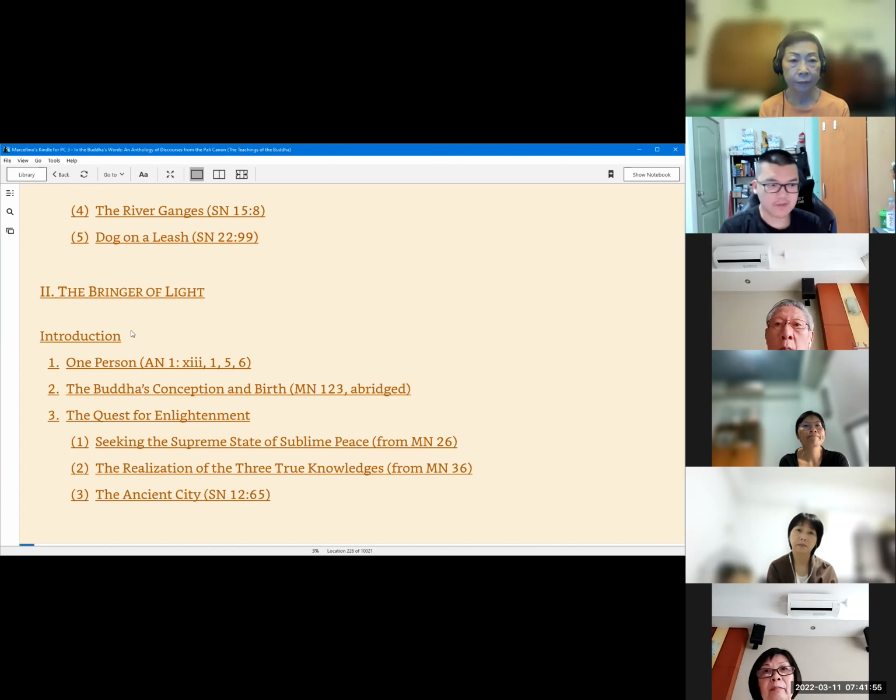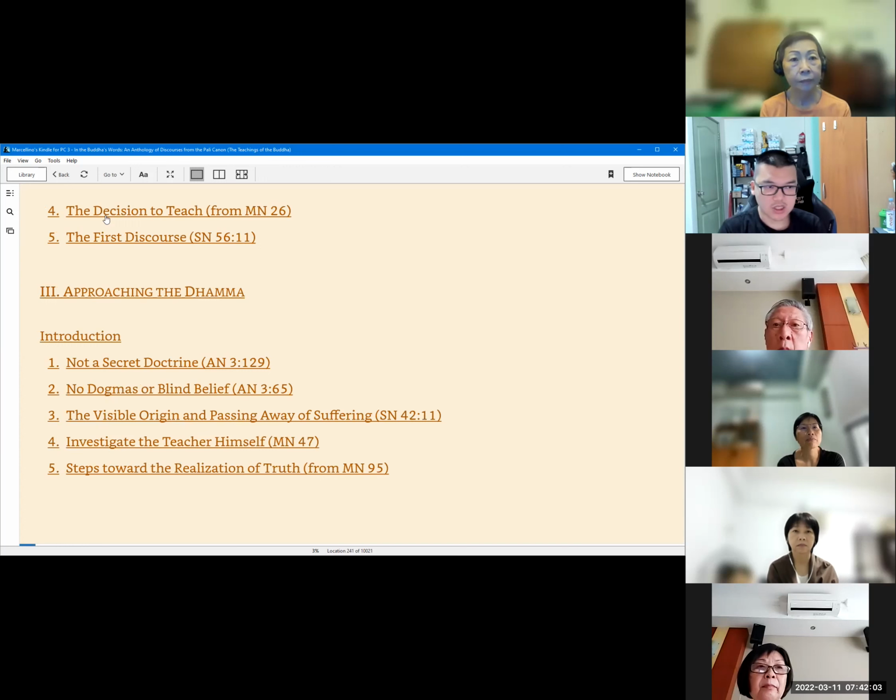Chapter 2, the bringer of light. Intro, one person, the Buddha's conception and birth, the quest for enlightenment, the decision to teach, the first discourse. Chapter 3, approaching the Dhamma, introduction, and these are all the suttas. Not a sacred doctrine, nor dogmas of blind beliefs, the visible origin and passing away of suffering, investigate the teacher himself, and then steps toward